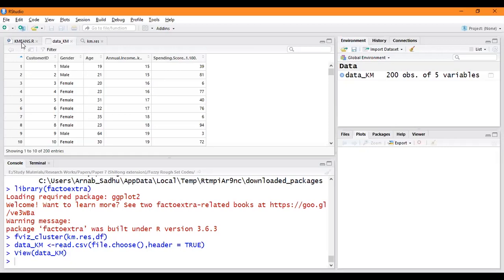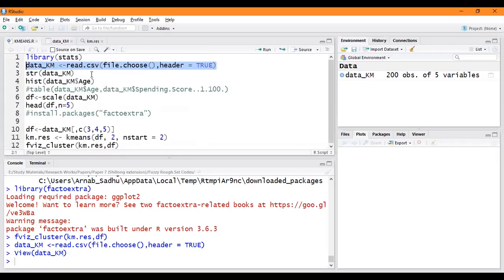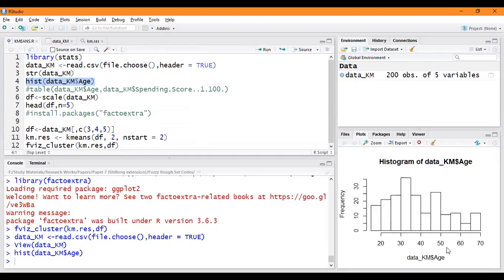Let us first remove the first two, but before that, let us take a histogram of the age attribute, because I wanted to see if age is properly distributed or not.